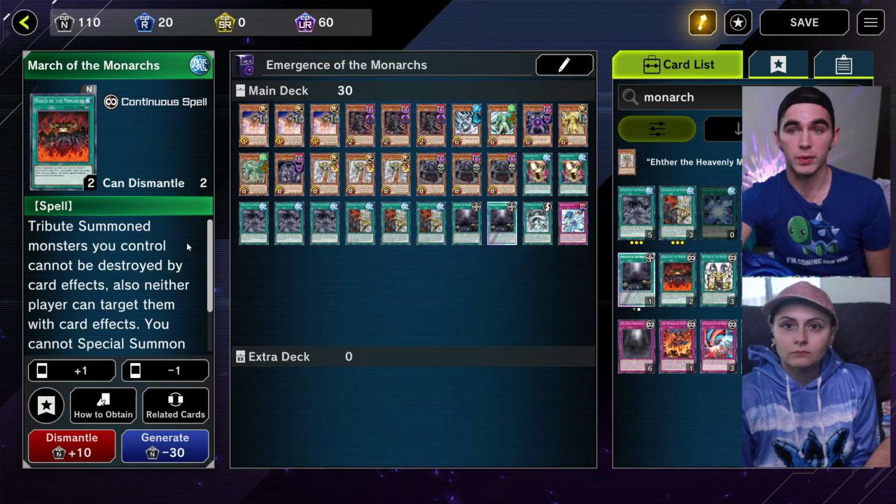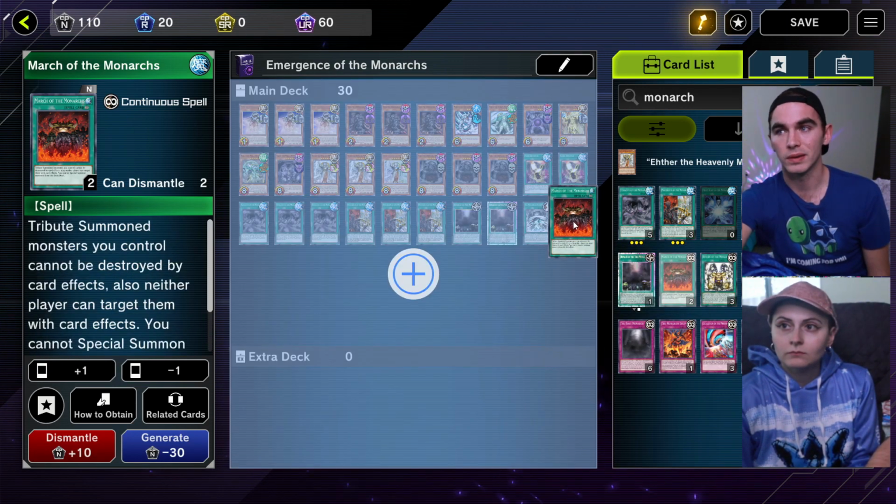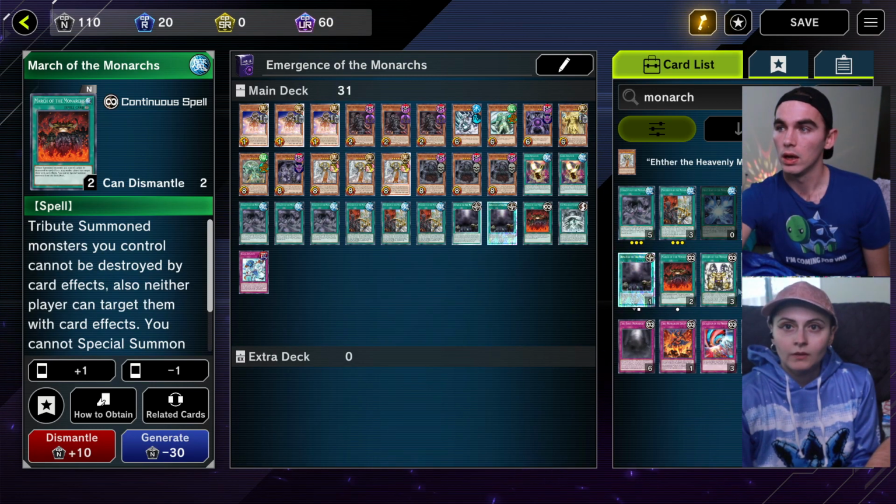Previously, monster scroll cannot be destroyed by card effects. Also, the player can target with card effects. That's really good, but we don't want to see it all the time because it's continuous spell. It clogs up space. So what does...